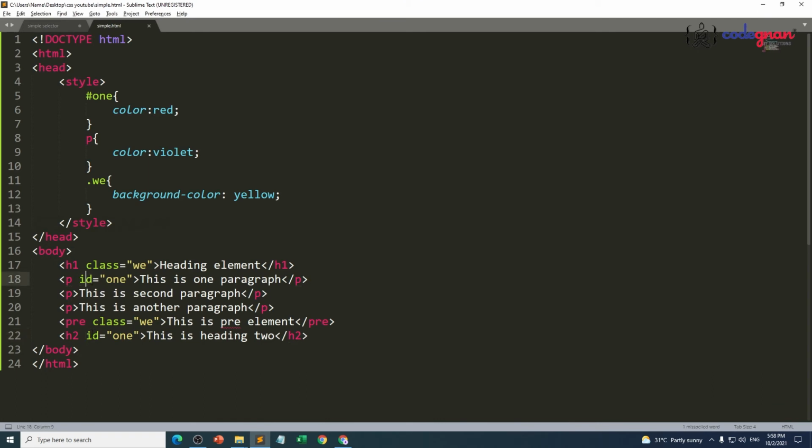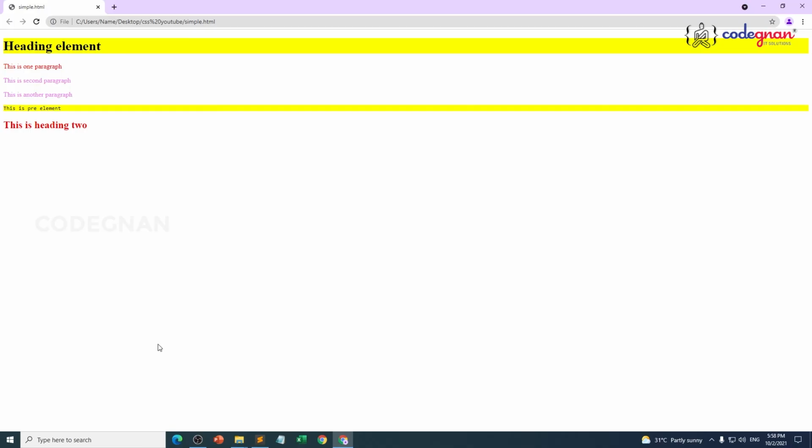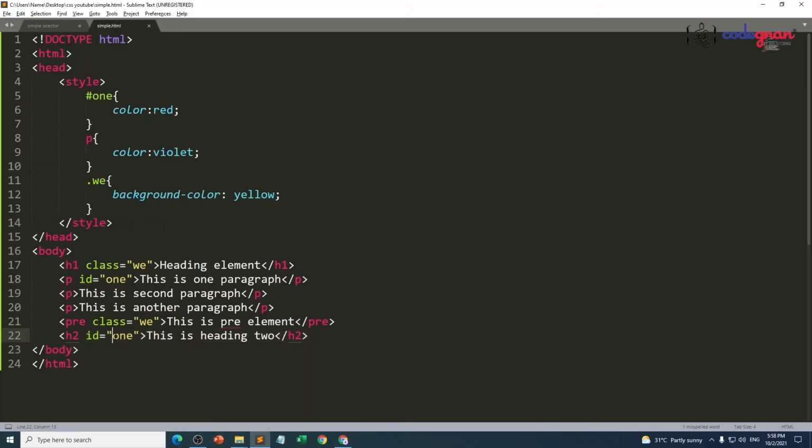If you apply the id to another element, you can see the same paragraph element and heading element in the same color. Definitely it will work. It is completely our assumption, our point of view. Developers follow that type of criteria. It is up to our assumption and our way where to use an id and where to use a class.